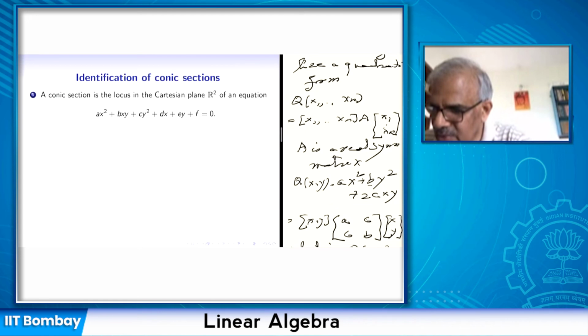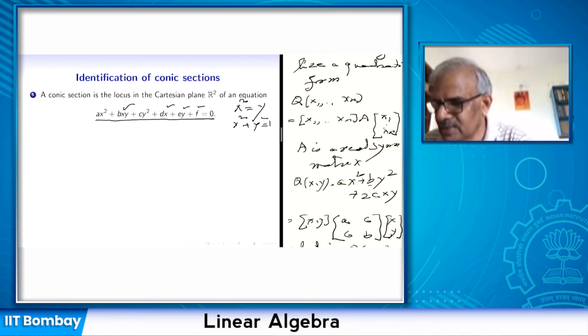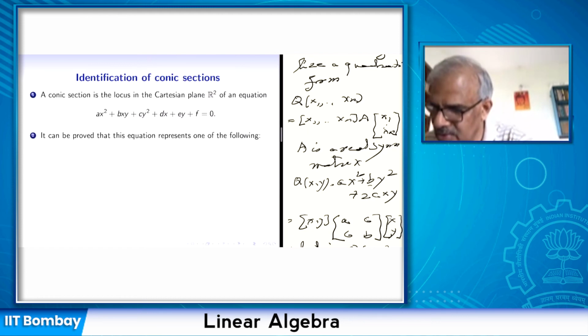If I have a quadratic equation in x and y, the most general form of quadratic equation is this, where there are mixed terms, there is an x term, there is a y term, and there is a constant. For example, if you take x square equal to y, this is a parabola. And if you take x square plus y square equal to 1, that's a circle. So parabola, circle, hyperbola, even a pair of lines or two non-intersecting lines, they are all represented by this quadratic equation. And we want to see that these are the only shapes represented by this quadratic equation.